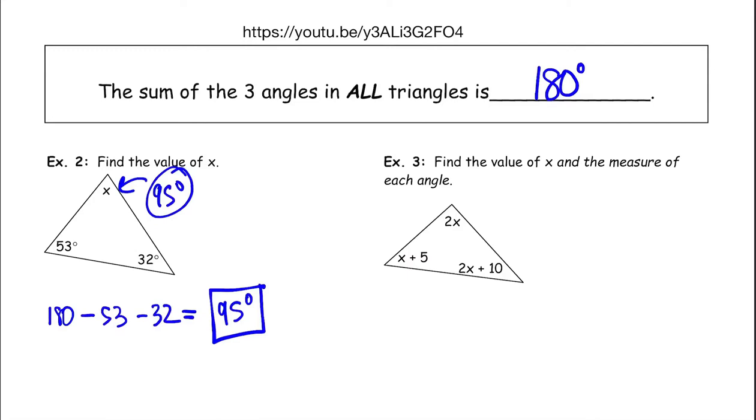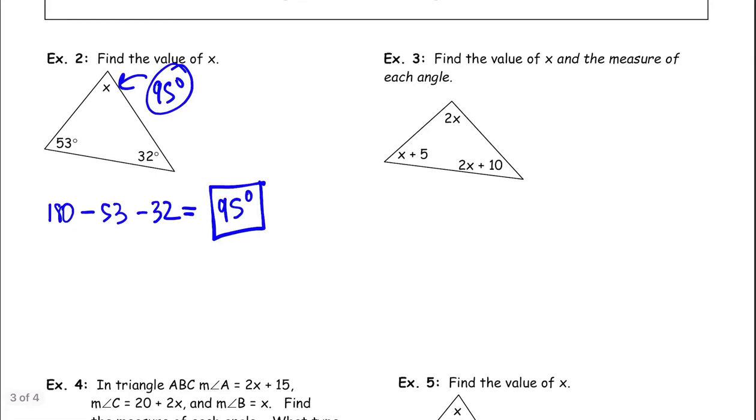All right, in example 3, this is going to be a little bit more challenging because now I need to create an equation. It says find the value of x and the measure of each angle. So I know all three of these angles combine, and that's going to equal 180. So here's my equation. x plus 5 plus 2x plus 2x plus 10 equals 180. Now the algebra, all this stuff's on the same side. So I'm going to combine my x's, and I get 5x. I'm going to combine my numbers, and I get 15. So that's going to be 5x plus 15